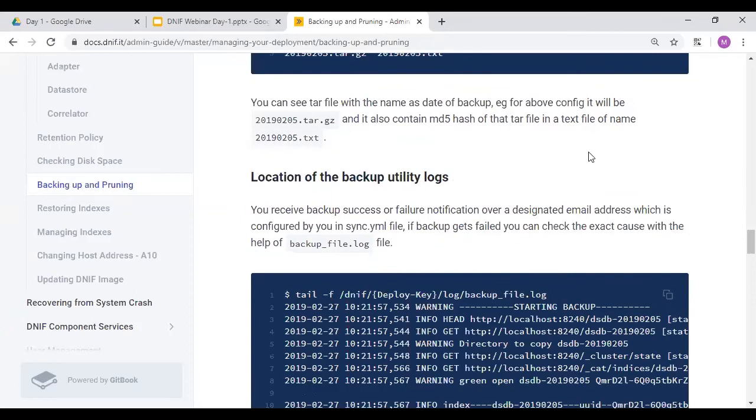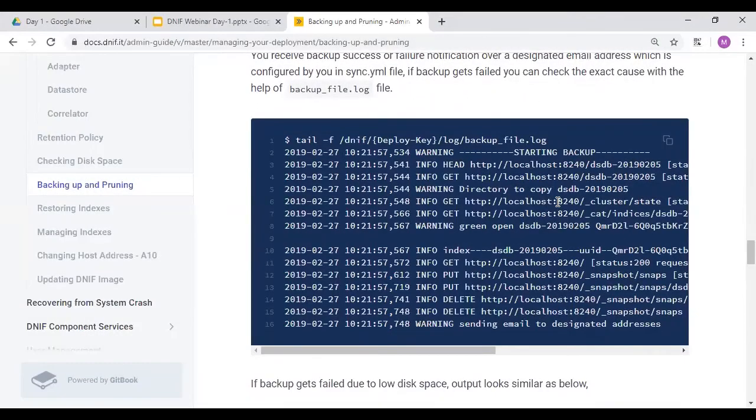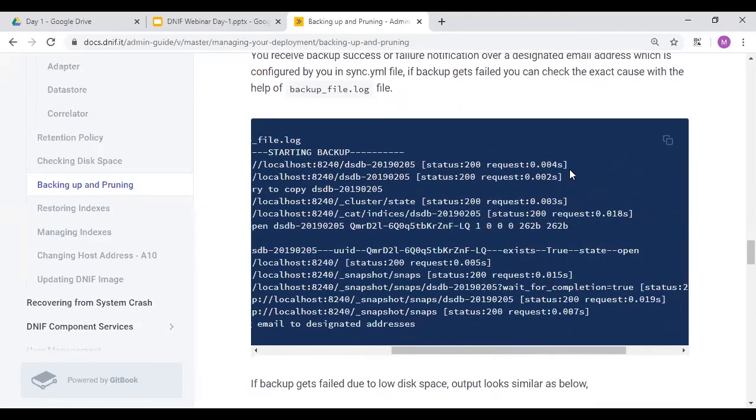Now you want to check how long the backup takes, because the backup may take time if it is a large file. Suppose today, yesterday it was 10 GB of storage space taken, and I want to take a backup of 10 GB altogether. The hardware will have its own speed to read, write, and transfer through the network. Based on that, you will have the backup time taken for transferring 10 GB of your data. You can see over here for this particular index number, the status is 200, and the request time taken is this many seconds. That is the time taken to transfer that particular file from this location to the backup location, creating the indices.